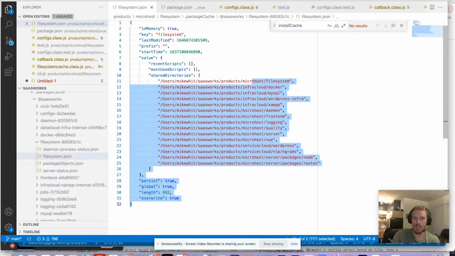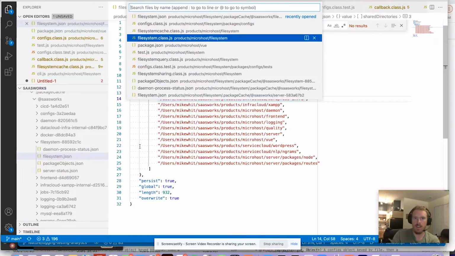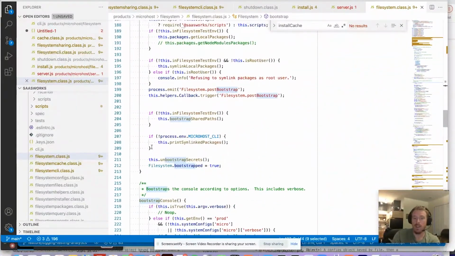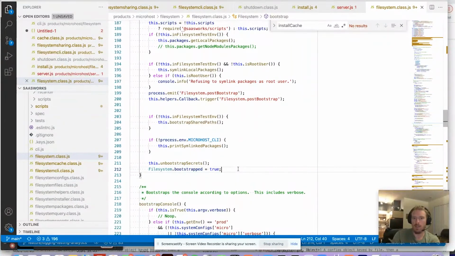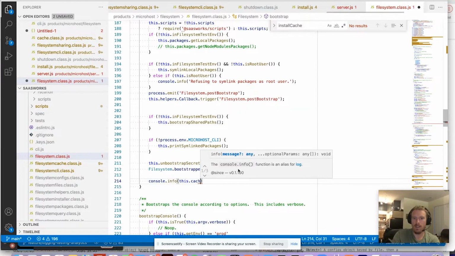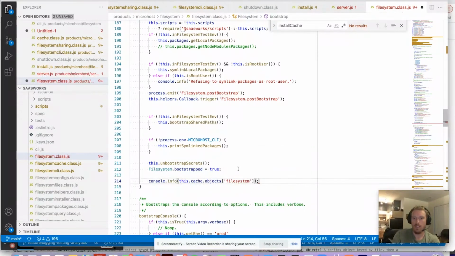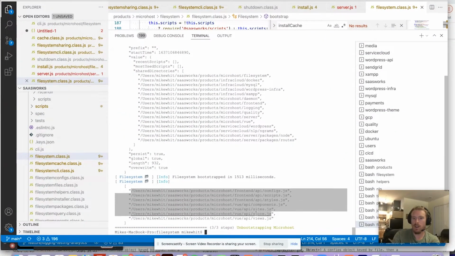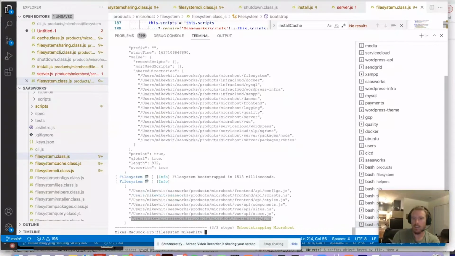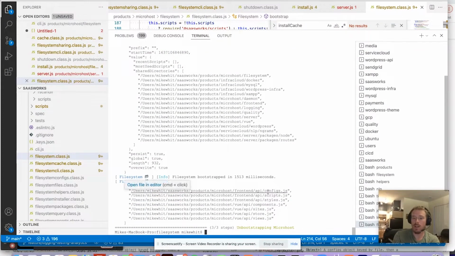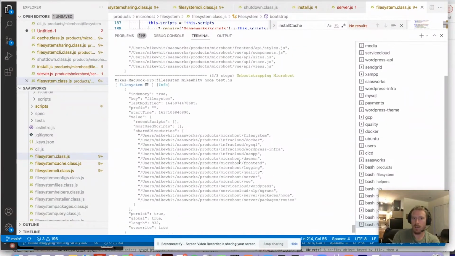So if we revert our state here, and then let's say we get to the end of, in the file system, there's this bootstrap function, which is like the main function of this package. So it calls a lot of other stuff. And if, for instance, here we did a log of that same file system cache, ran our test. Now notice as well that it's actually correctly listing what we want from a shared perspective. And then notice as well, the cache itself looks fine